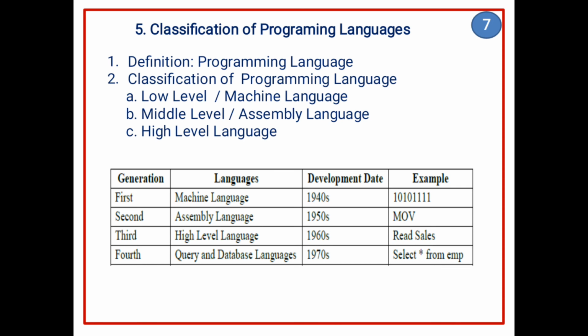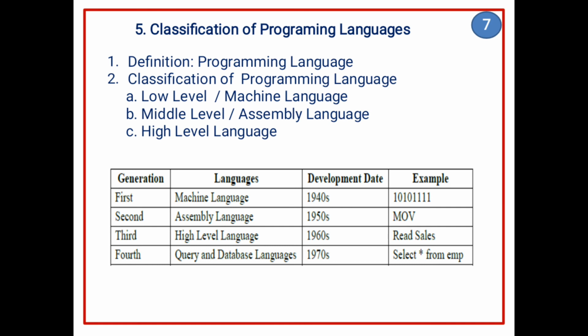Now first is low level language. Low level language is also known as machine language. Machine language is also known as machine code. Binary language is an example of low level language. The binary language contains only two symbols, ones and zeros. All the instructions of binary language are written in the form of binary numbers, that is 1s and 0s. A computer can directly understand the binary language, and low level language is known as the first generation language.